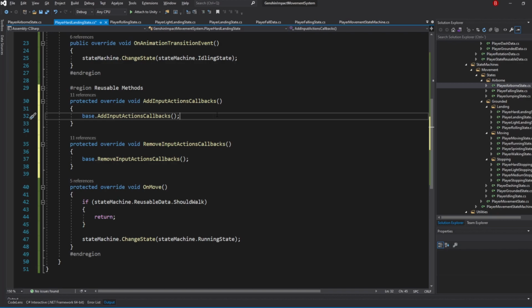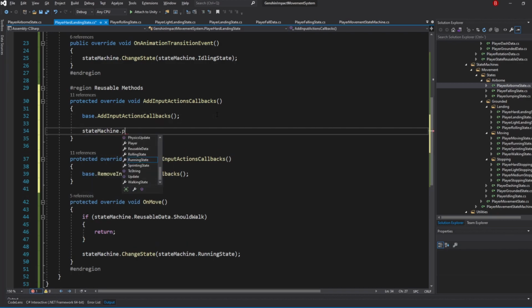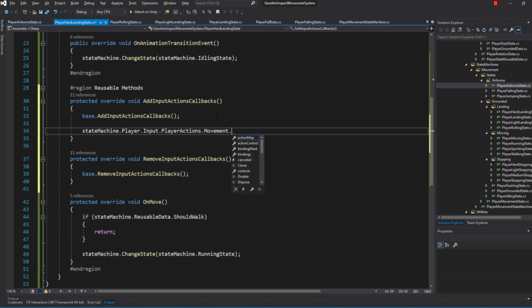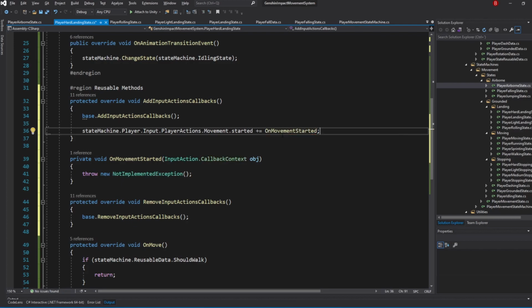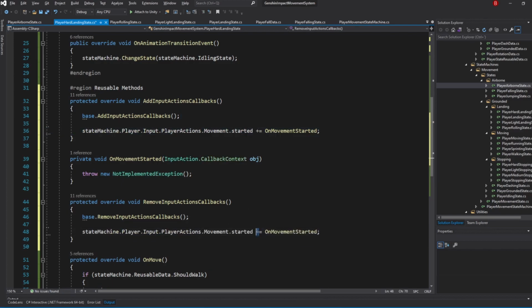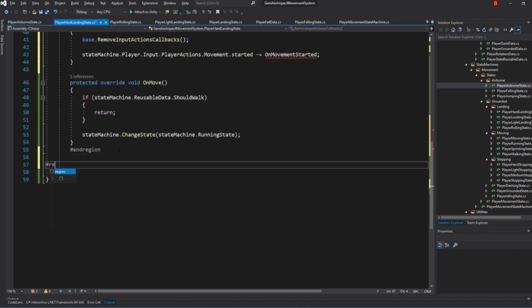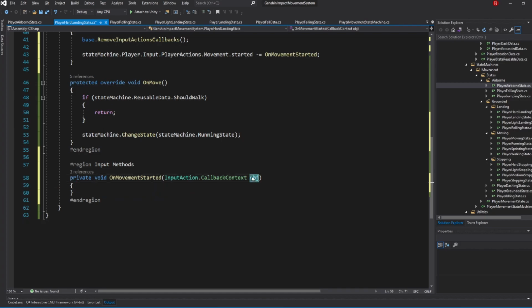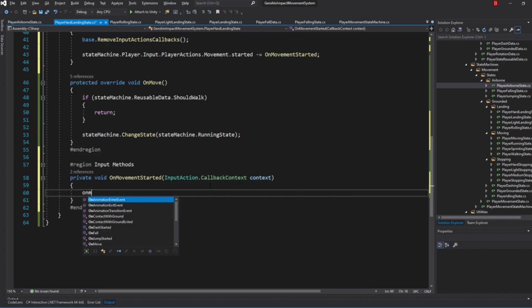Then add a new callback by typing in stateMachine.Player.Input.PlayerActions.Movement.started += OnMovementStarted. Don't forget to remove it as well. I'll add this method to a region named input methods. I'll also rename the parameter to context. Inside, we simply type in OnMove.